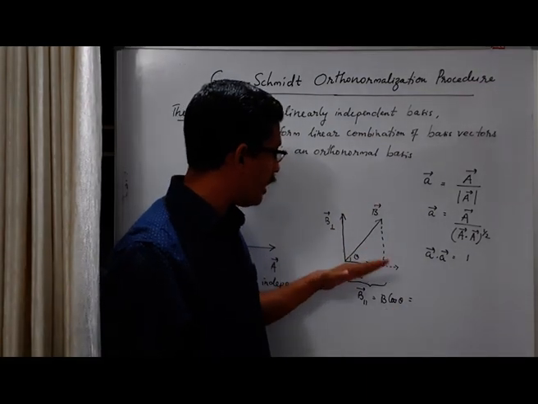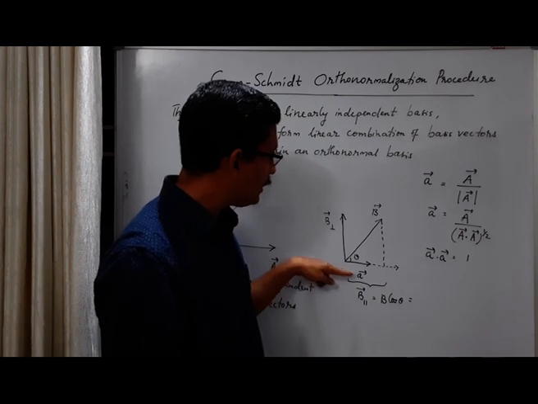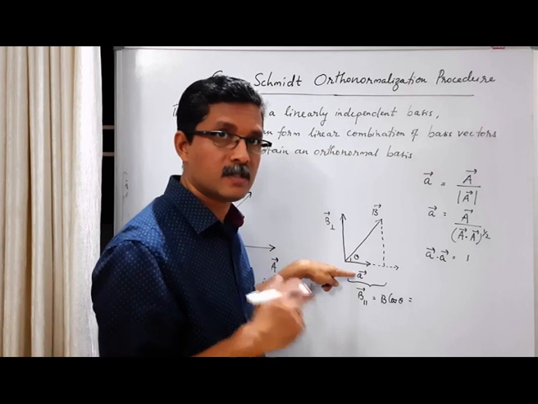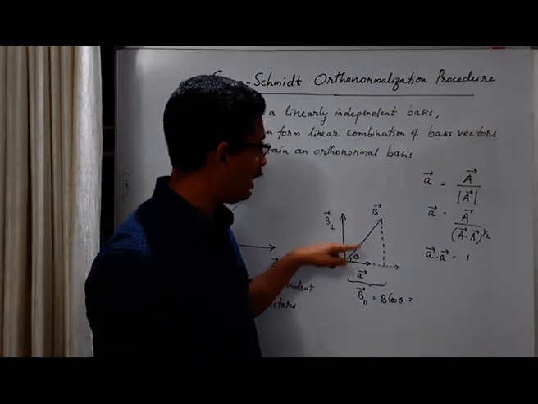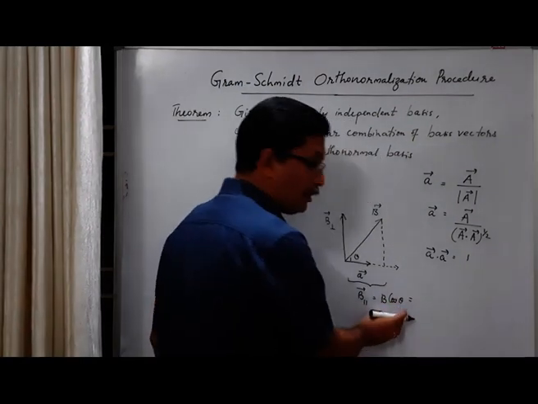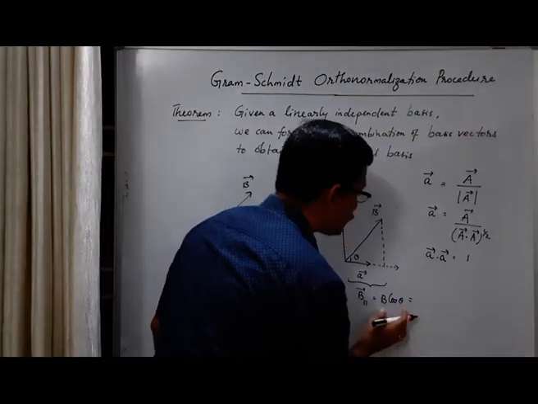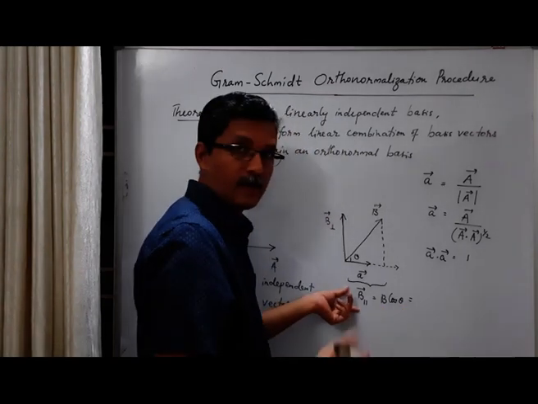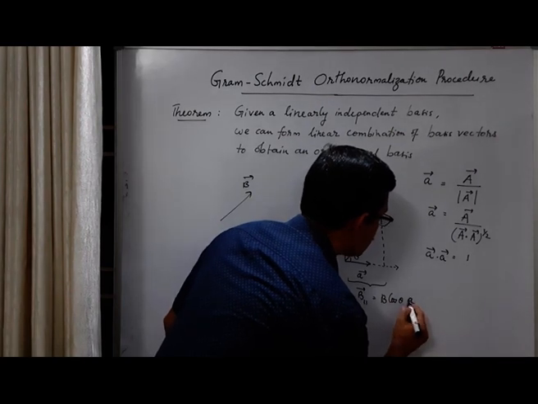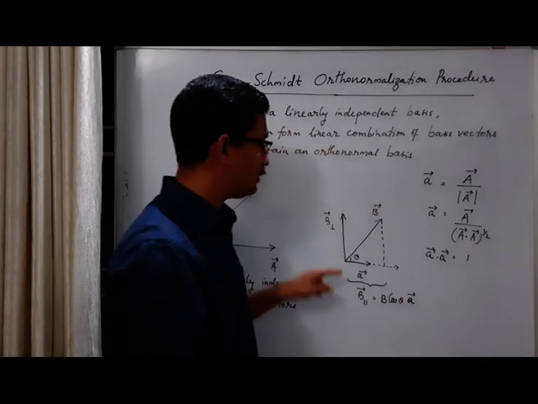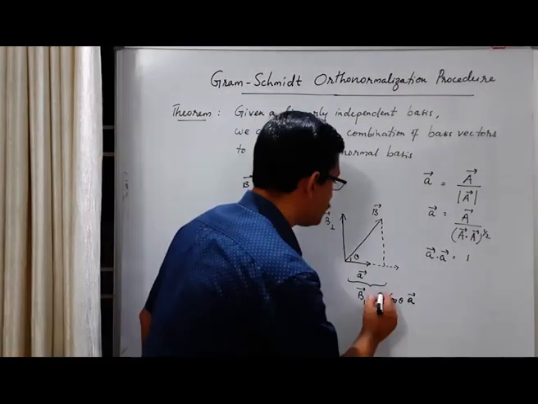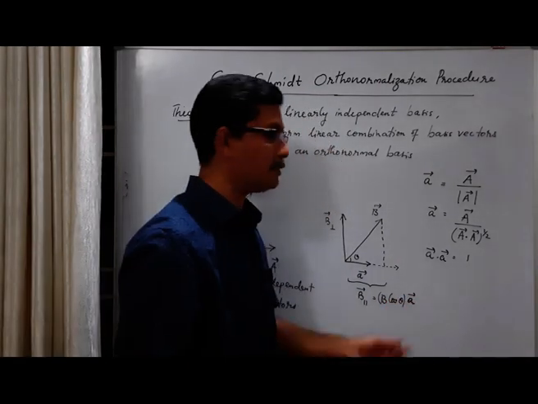This B cos theta, another way of looking at it is, if we take the scalar product between this unit vector, remember this is a unit vector, so unit vector A, and B. B cos theta is only the magnitude. What is the direction of this vector? This B parallel is a vector, its magnitude is B cos theta. The direction is the same as the direction of vector A. This is a unit vector.